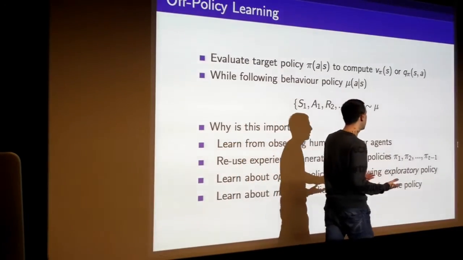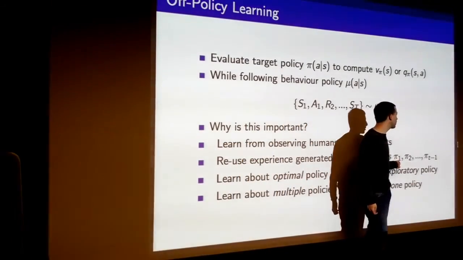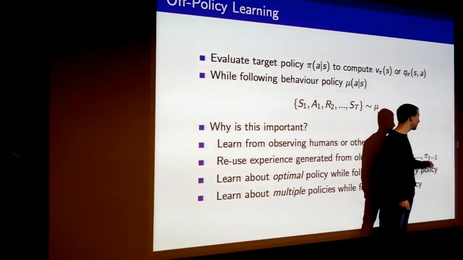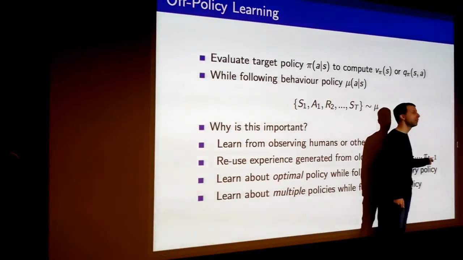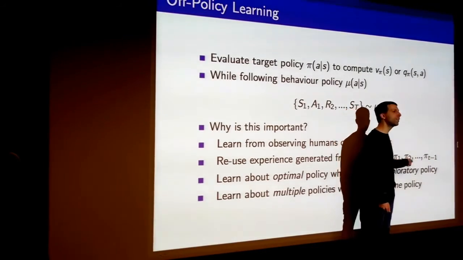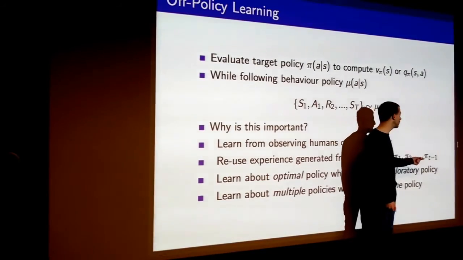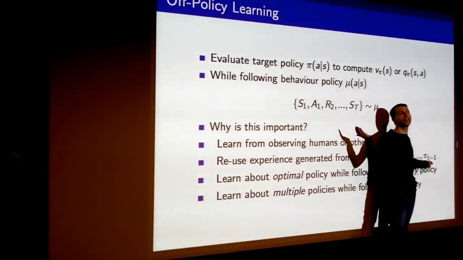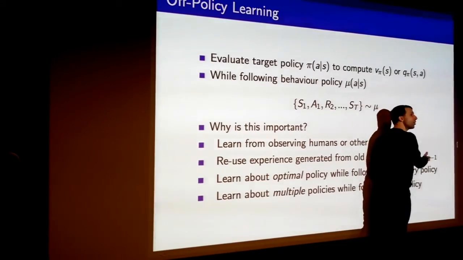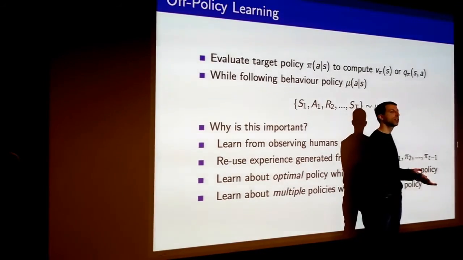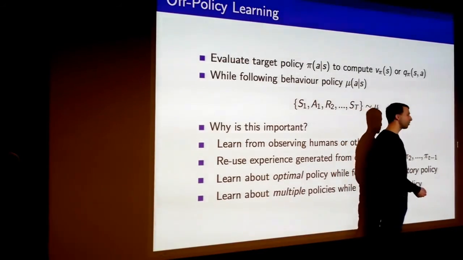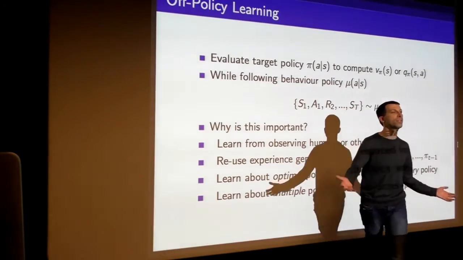Well, what's the problem there? The problem is that we're trying to evaluate our current policy. When we're doing policy iteration, we want to know how good our current policy is. But we've generated behavior using all kinds of different policies. So is it possible to make use of this additional data to get a better estimate of the value of this final policy? And the answer is yes, if you use off-policy learning. You can basically treat these as other behaviors that generated that data, just like the human. Think of this as the human, and this is some other robot, and you just want to look at all of that data and figure out from all those other sources of experience how to do better.